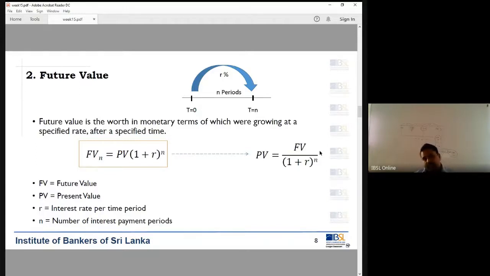Theoretically, you can break down n into extreme milliseconds and microseconds, and it could go to the extreme level, which you can't really calculate. Then the concept of e, that is 2.78, also comes into play in these equations, where you can break down the time period further. We won't go that far in our discussion. Rather, we are going to consider only time periods of whole numbers like days and weeks